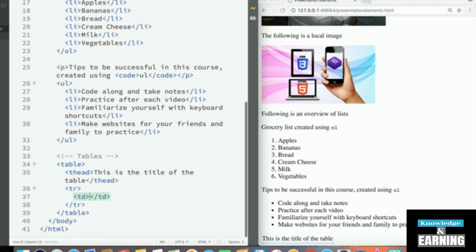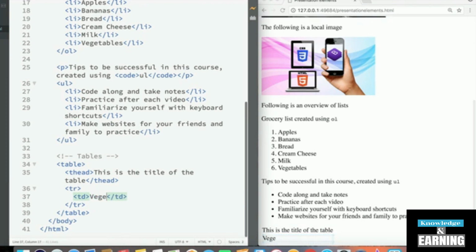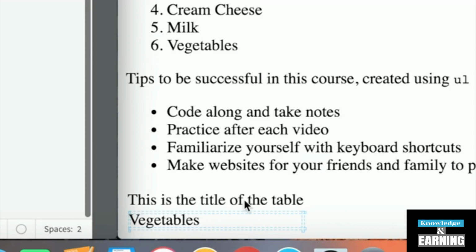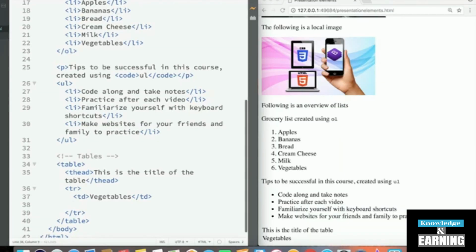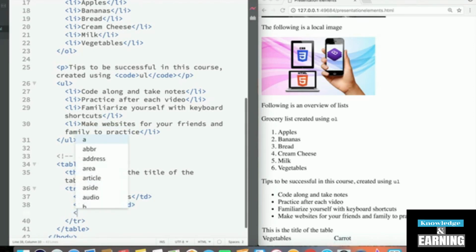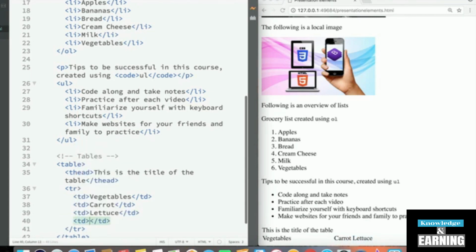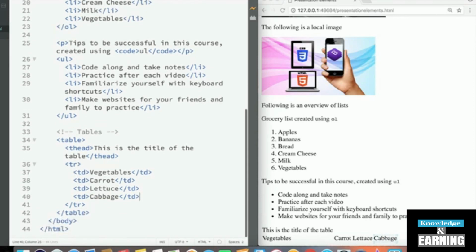So let's add the first piece of table data inside the table row, and inside the TD tag, let's call it vegetables. And then let's create another TD tag. Note that in brackets, the vegetables tag does get its own little cell right there. So now let's create another TD tag for carrot, another TD tag for lettuce, a third TD tag for cabbage,